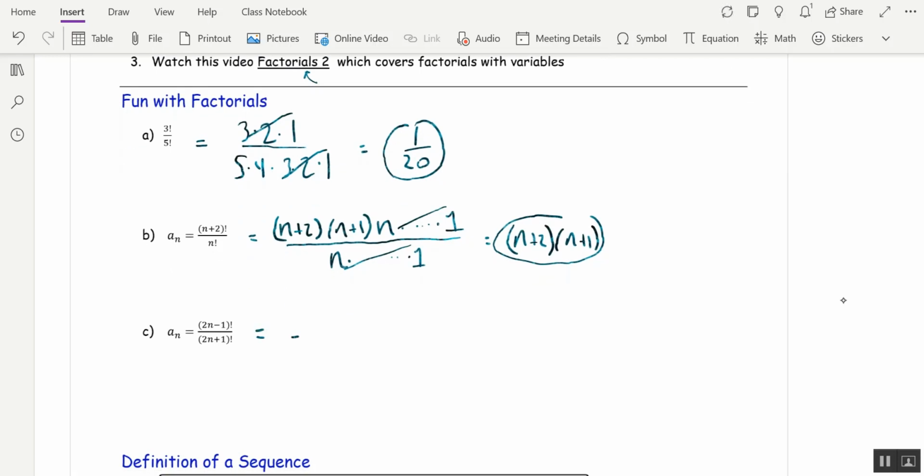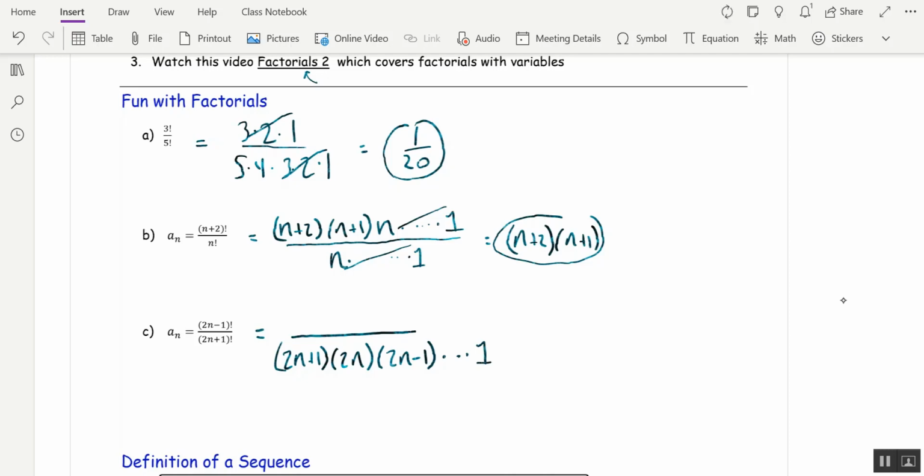Let's start with the denominator, and I'm starting with the denominator because that's larger. Let's start at 2n plus 1. The next integer down is 2n. The next integer down after that is 2n minus 1. Now I see I'm in agreement with the numerator, so I'm just going to write dot, dot, dot, multiply, keep